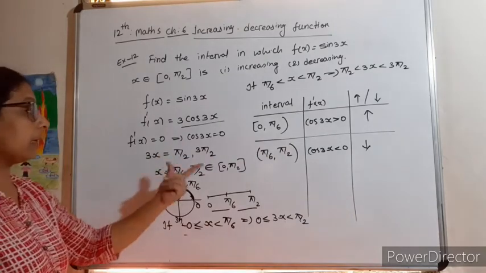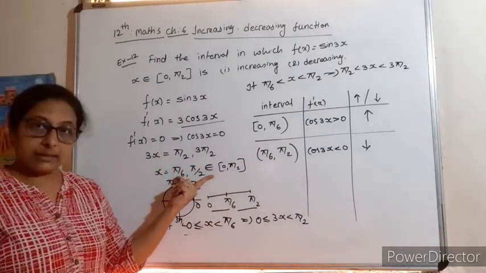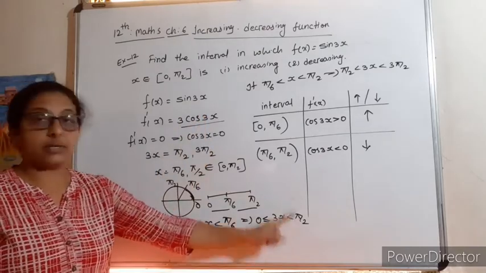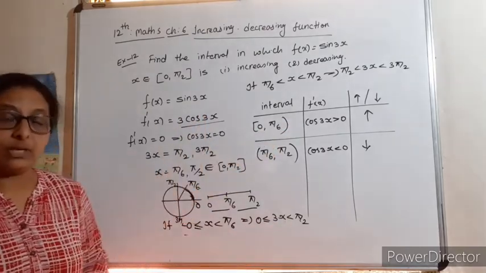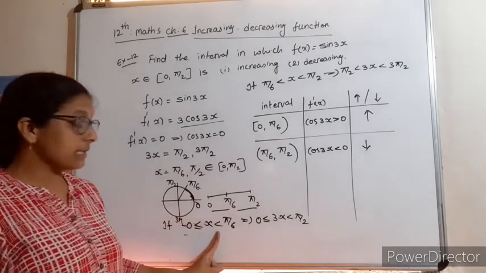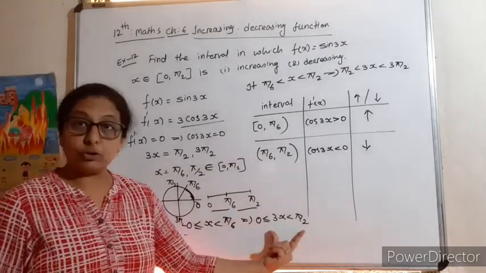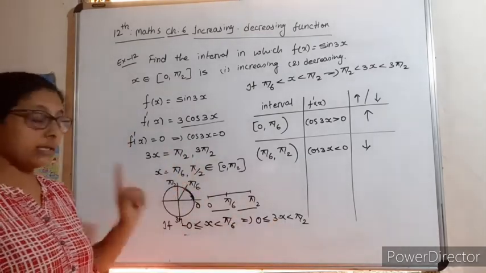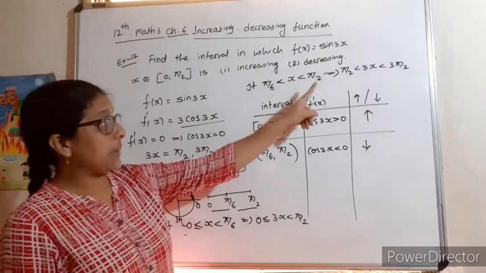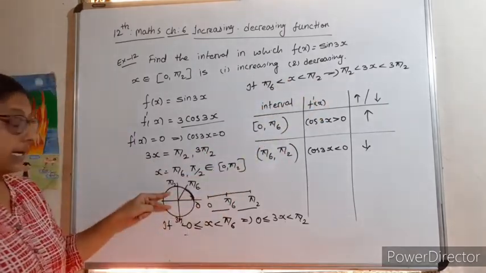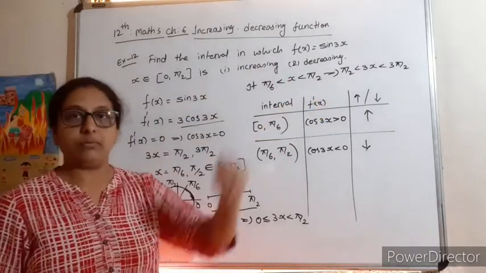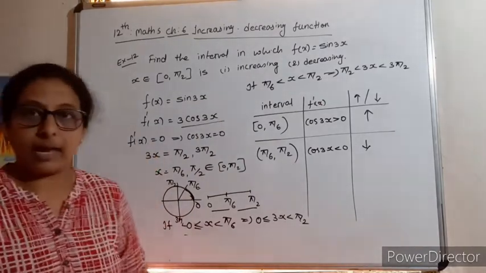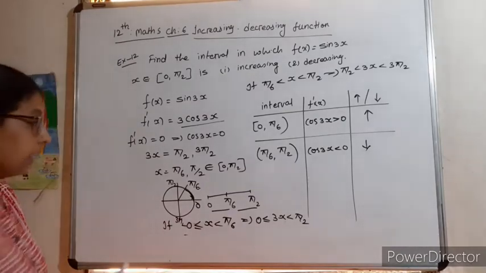The value we are finding is of what? Of x. What is in f dash x? 3x. So you have to check where 3x is positive or 3x is negative. You understand that? If you multiply this interval by 3, you will get 0 to pi by 2. So in 0 to pi by 2, for 3x, cos is positive in the first quadrant. In pi by 2 to 3 pi by 2, that is in the second and third quadrant, cos is negative. Right? Understand that? So do it. This is example 12. Then we'll go ahead with example 13.